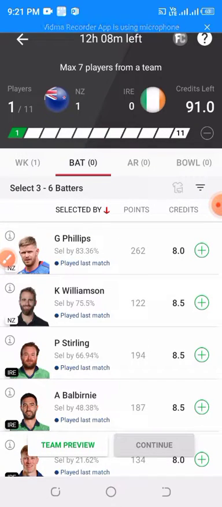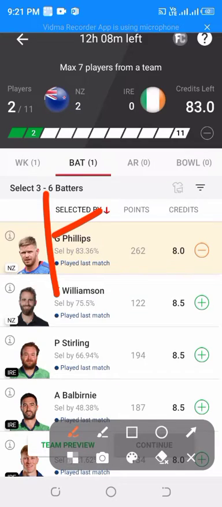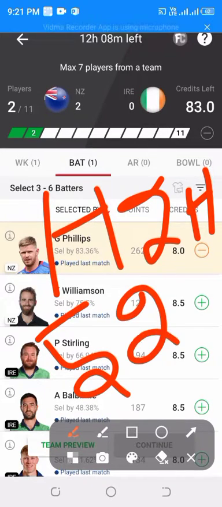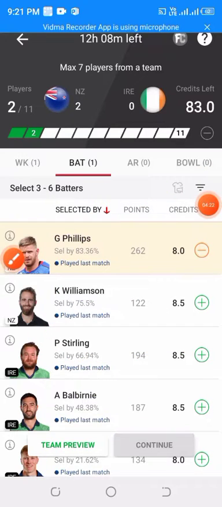In the batting section, Glenn Phillips. Remember, Glenn Phillips is in very good form in this World Cup. Also, in addition to his form, his head-to-head record is averaging around 52. He has a tremendous average against Ireland in both innings.